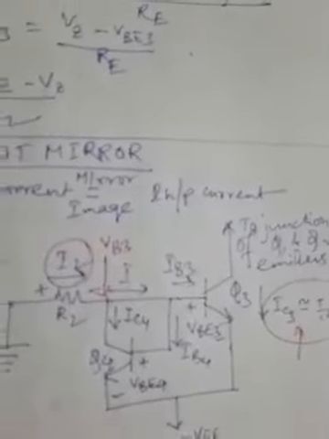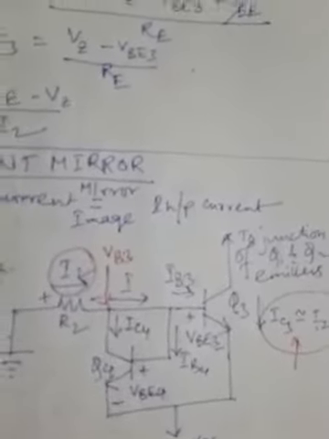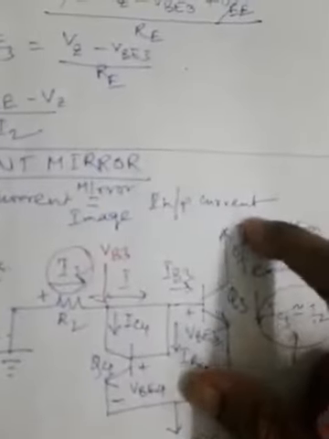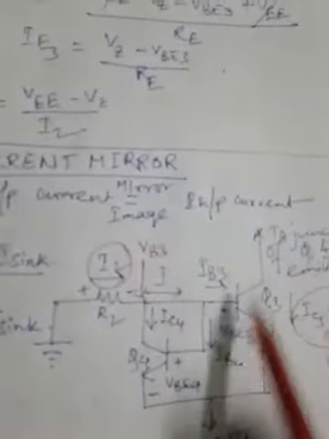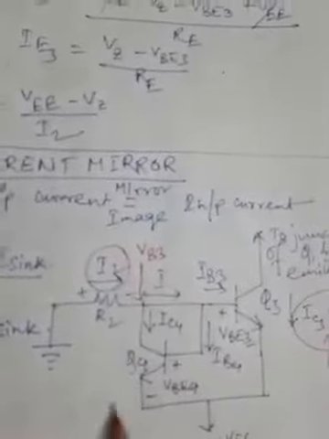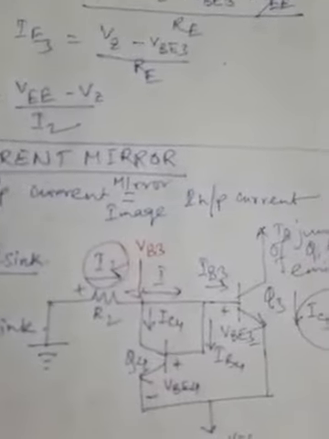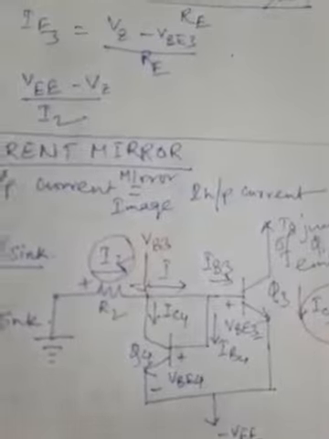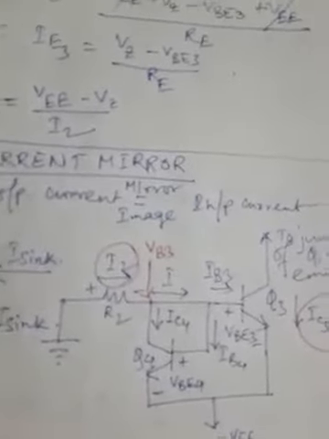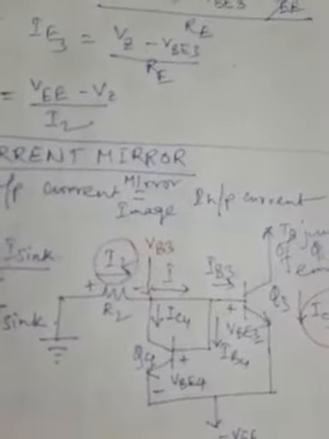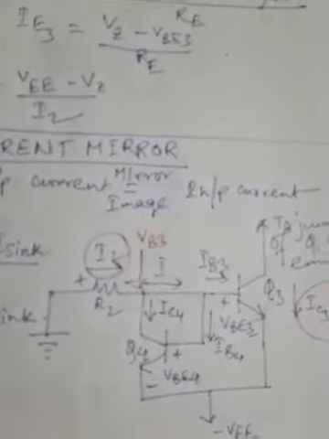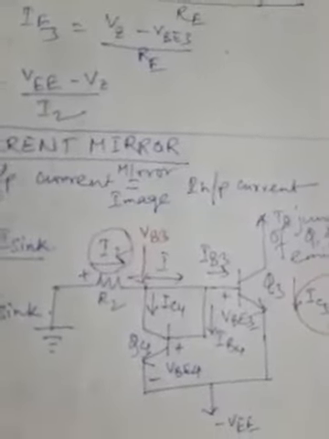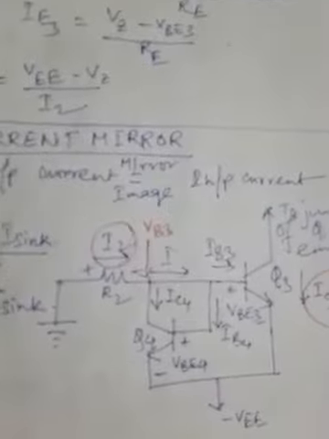So the current mirror is a special case of constant current bias circuit, where this portion is nothing but the constant current bias circuit we have seen earlier. Now with this portion here, another transistor stage is added, which is Q4. Since the current mirror is a special case of constant current bias, it can be used to set up constant emitter currents for differential amplifier stages also, with the help of this current mirror circuit.